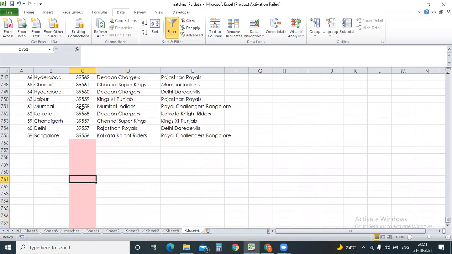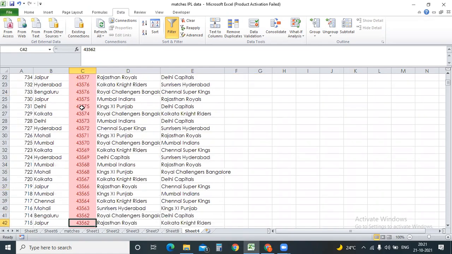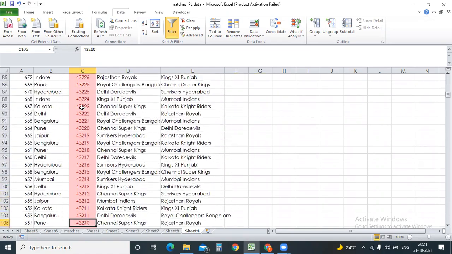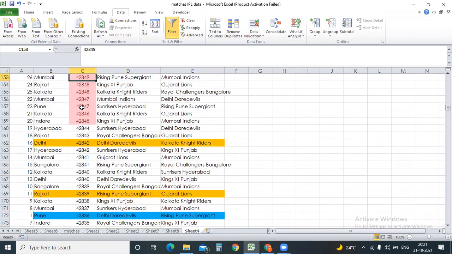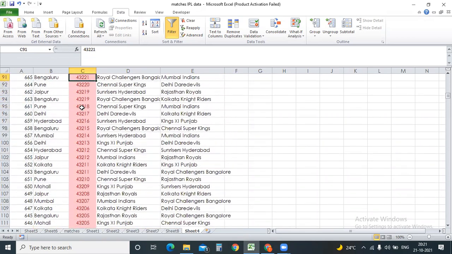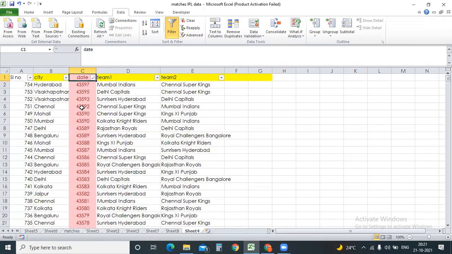This is empty columns. Ignore the empty columns. See, all the color which is highlighted light red has been moved to the top. I'm just clicking the down arrow button. Just now I tried it, but it was not working in that option. But yeah, this is another option where you can check it out.